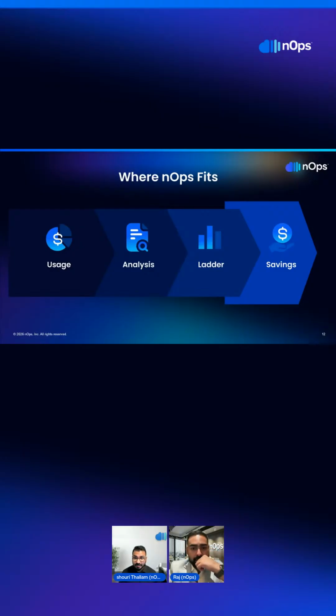There could be a third tool that AWS might introduce at a later time, or there are some EDP programs, right? We have to blend all in all to make sure you're getting the maximum coverage. And one of the important points to note here is that NOps will always share the risk with the customers. That means we only charge customers, or we only earn, when we make customers realize their savings and customers are able to see their savings. Only then does NOps charge a fee for that.